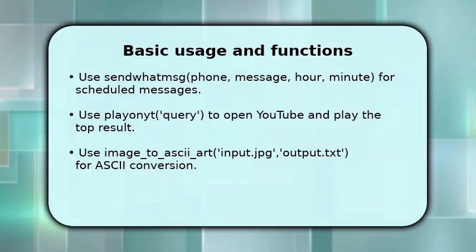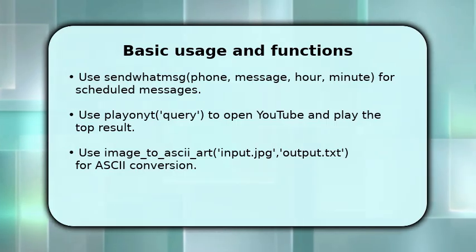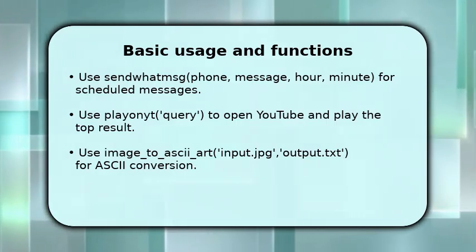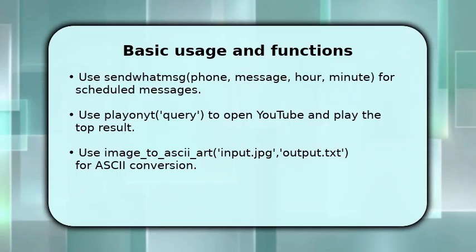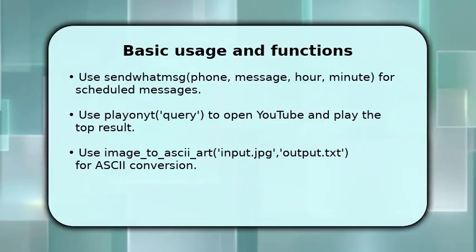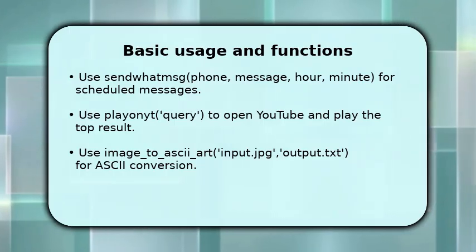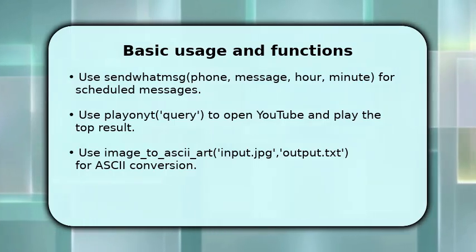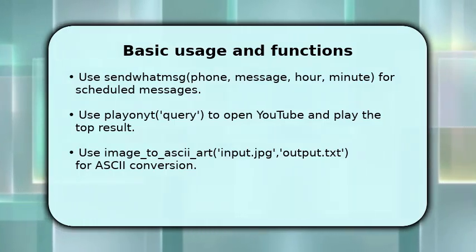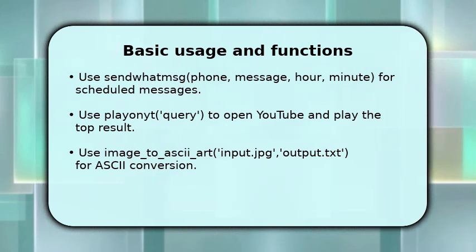For quick media lookups, use Pywhatkit to open and play the first YouTube match. It's handy for demos. For text art or lightweight previews, image to ASCII art converts images to readable ASCII files. Make sure to wrap calls in try/except and add small sleeps if automating many successive web actions to avoid race